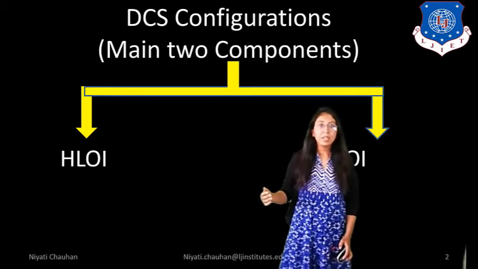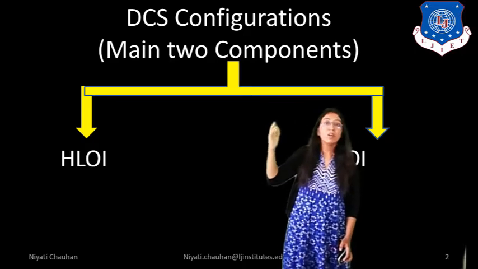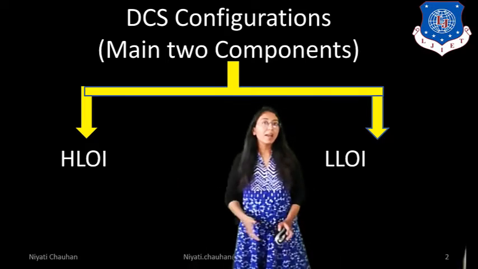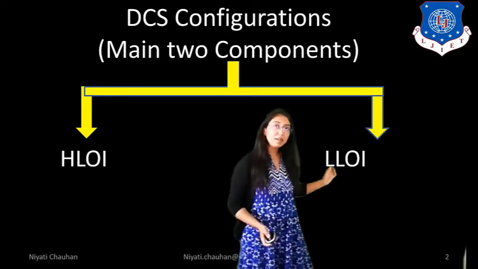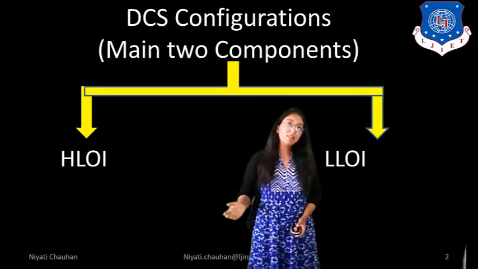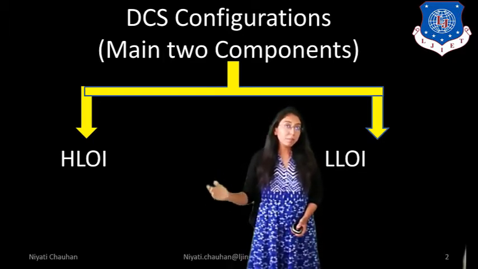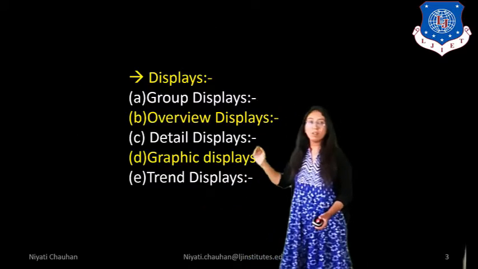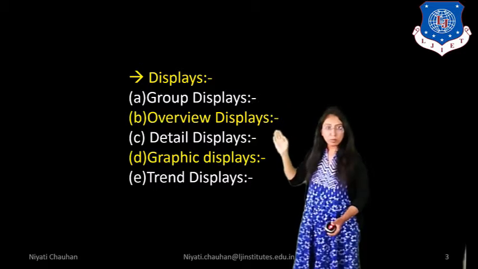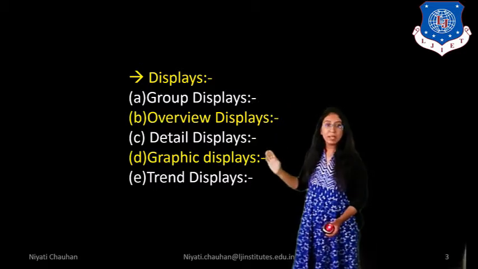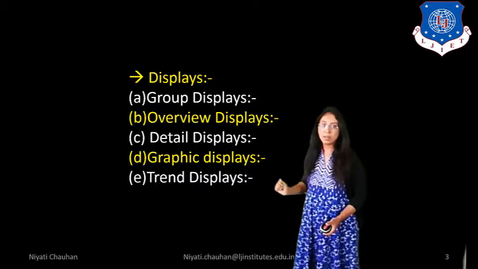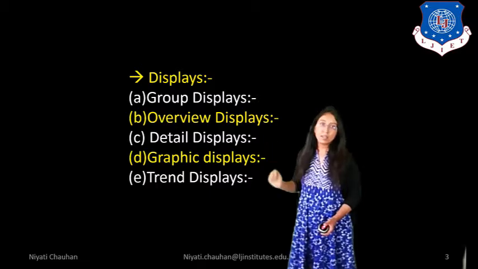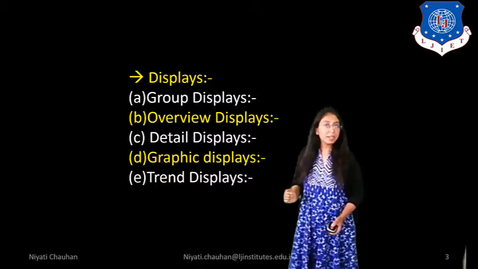So we know that a DCS configuration has two main components. First, the high-level operator interface and second, the low-level operator interface. In the high-level operator interface, in peripheral devices, displays are available. So first group display, then overview display, detailed display, graphic display and trend display. Today I will discuss from detailed display. In detailed display,